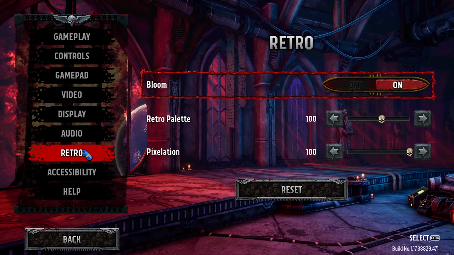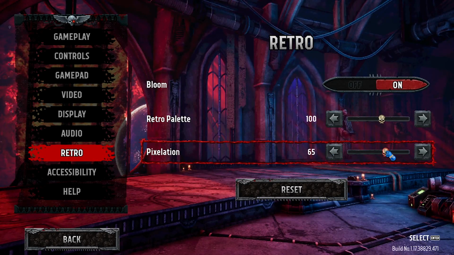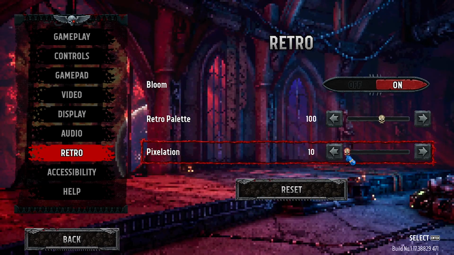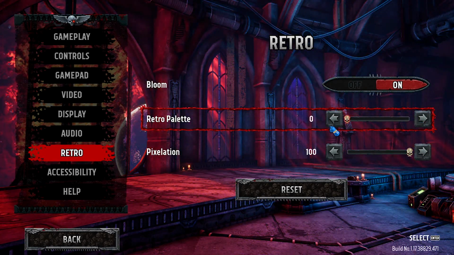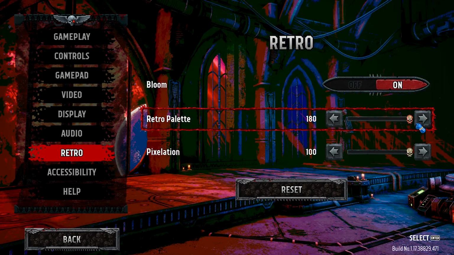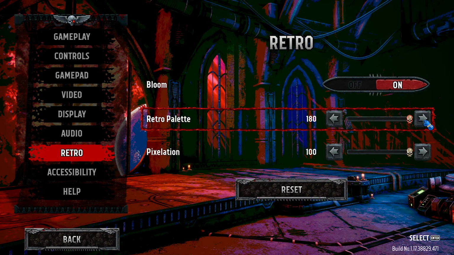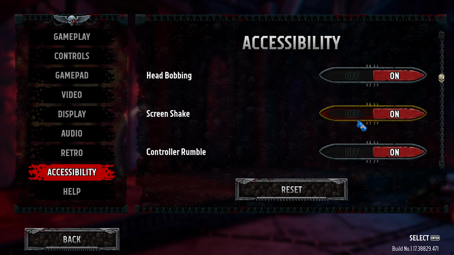Something that's really cool here is, given its retro roots, you can actually customize some of those old graphical options that games of this nature may have had. So you have your pixelation here, and also a retro palette, which kind of makes it look like you're on an acid trip, which, depending on your headcanon when it comes to Space Marines doing their purging of heresy, may be right up your alley. And accessibility options, they actually give you an option to turn on vulnerability, and screen shake,